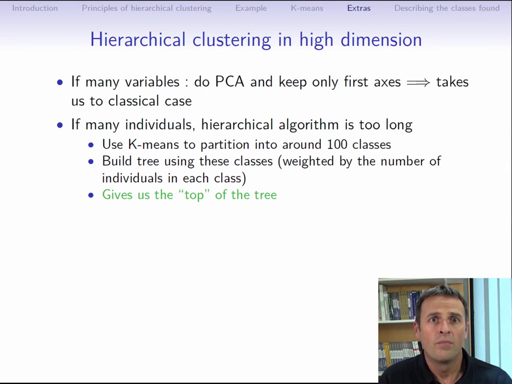First, we built a row partition using k-means, leading to 100 classes or so. This step, due to the large number of classes, ensures that, for the most part, individuals close to each other end up in the same class. Then we can simply extract the set of centers of the classes and use this to represent each class and build a hierarchical classifier, treating them as individuals. We'll also use the number of individuals in each class as a factor in the tree's construction.